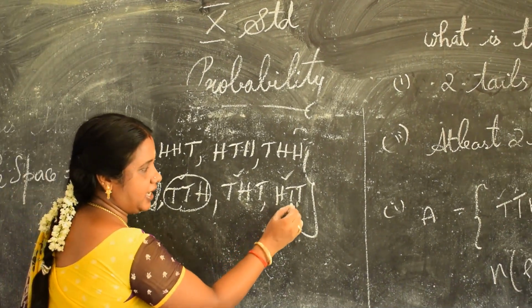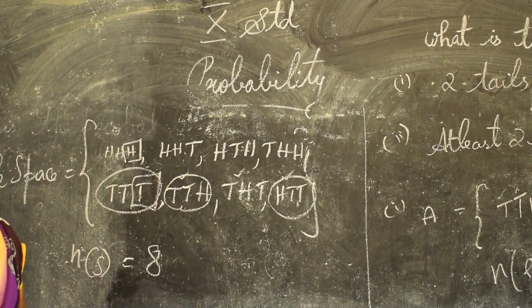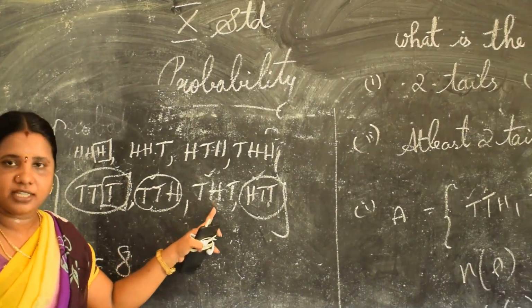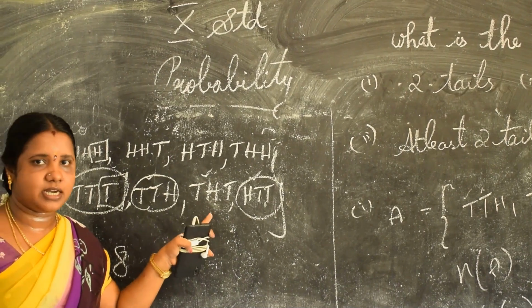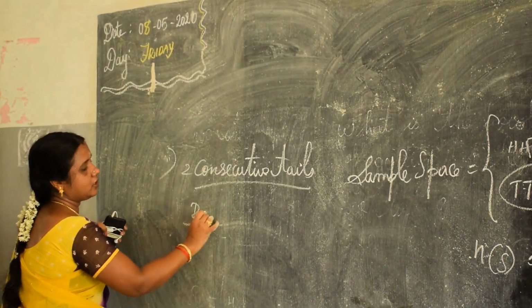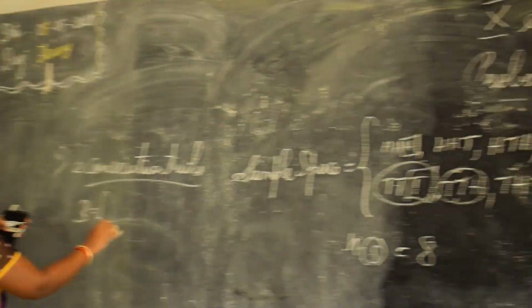Appuram vera enga irukku? Here. Consecutive na andha pakkathula irukka tails dhaan ezhudhanum. You should not write. See, 2 tails dhaane, appa idhu ezhudhalaamaa? This one you should not write. This is not consecutive. So see, I am going to keep it as B. B nu vechuko. What is our sample space?